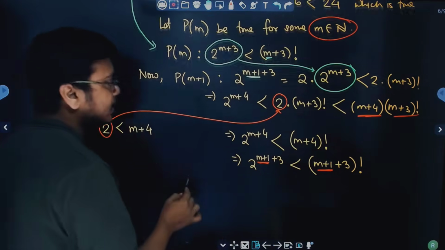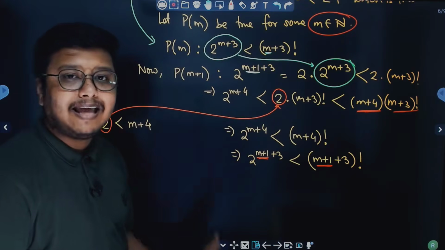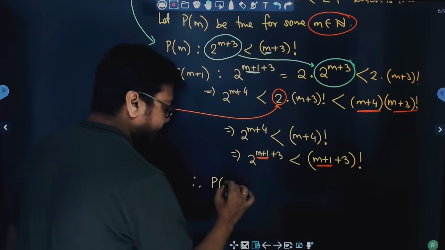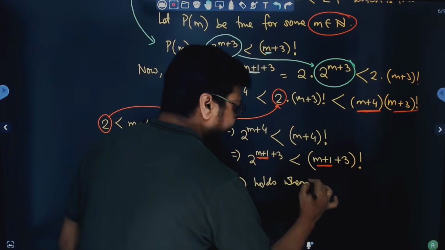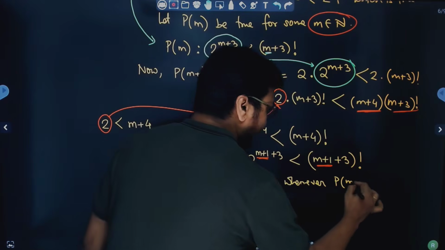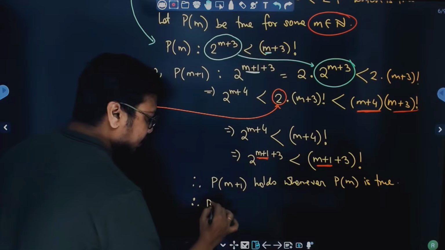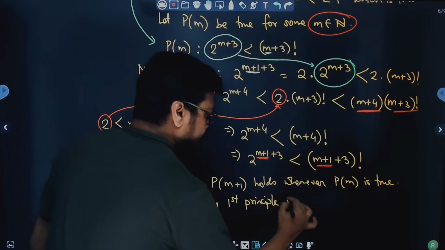So we have shown that the m plus 1th statement is true whenever the mth statement is true. So our conclusion follows that therefore Pm plus 1 holds whenever Pm is true. So therefore, by first principle of induction,